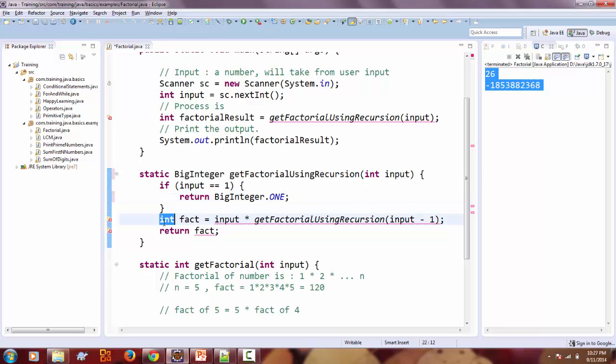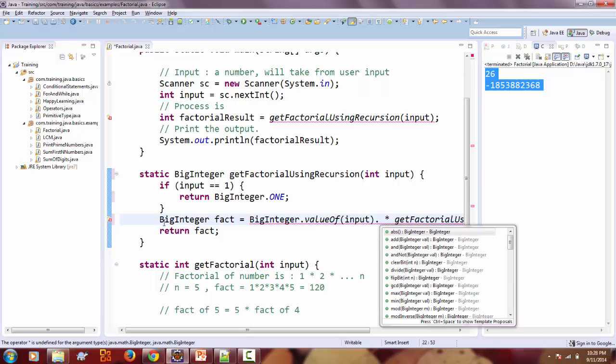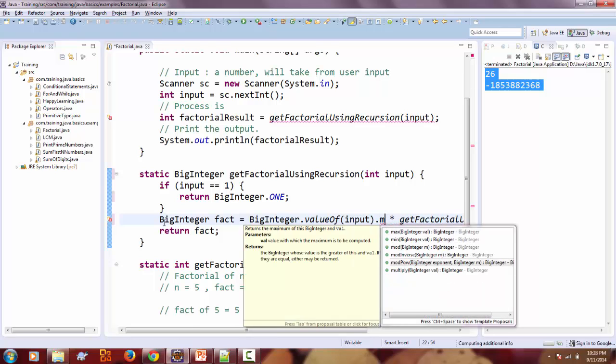Otherwise, say BigInteger fact is equal to BigInteger.valueOf of input dot multiply